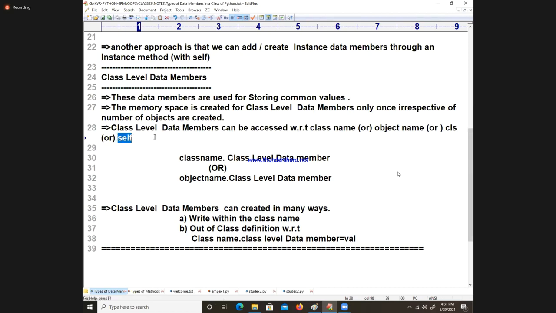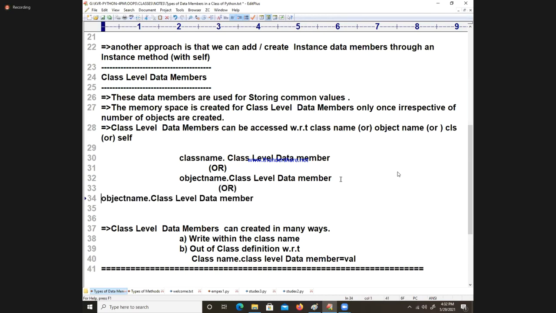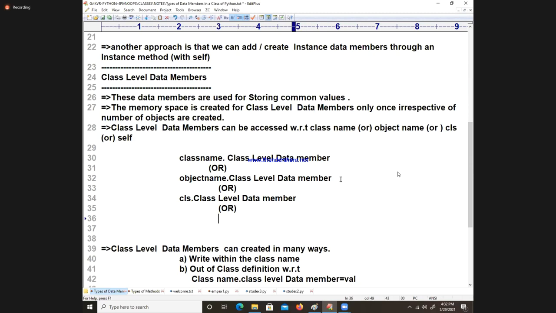Right, I mentioned it already. So class name dot over, object name dot over, and CLS name dot also I will write. See how many syntaxes there are? Depending on the situation we need to write. This is our yesterday's discussion. I'm just updating that CLS I can write. You can also write it another way, see how many ways there are.